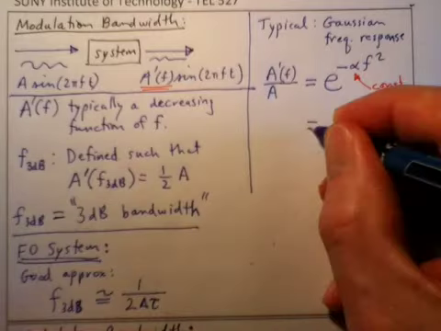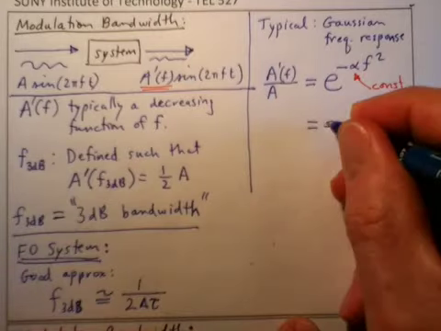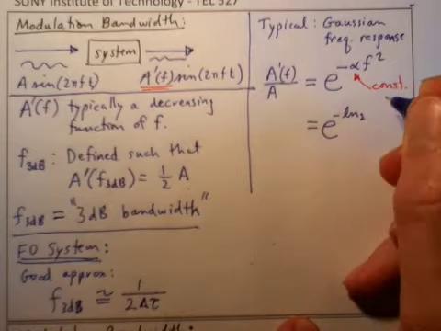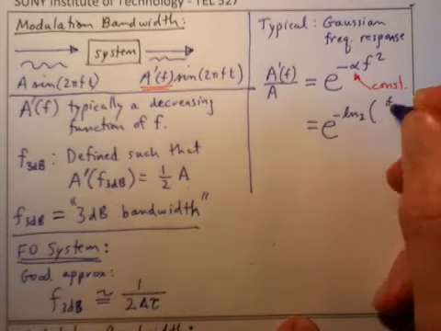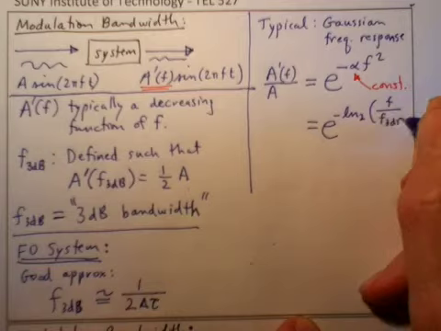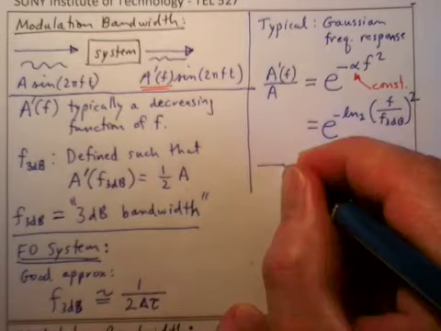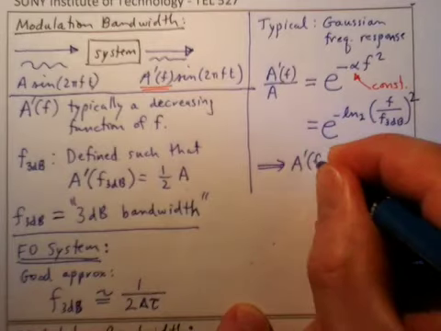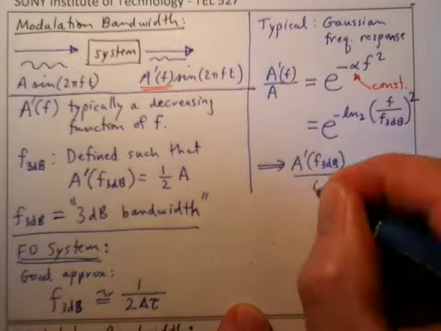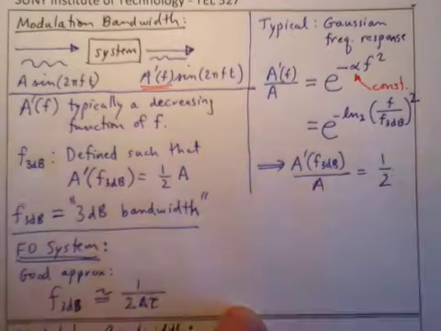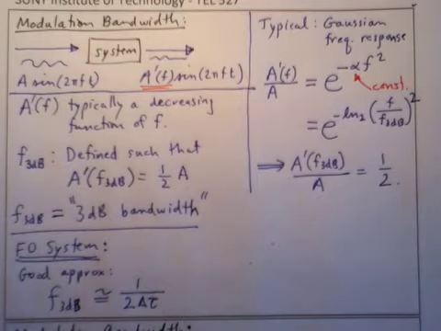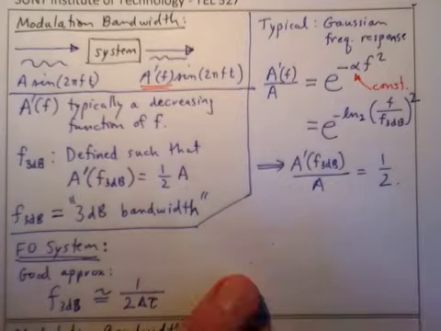And you can recognize this as a Gaussian. Okay, and instead of writing just alpha, we're going to write e to the minus natural log of 2, f over f 3 dB quantity squared. That way we have that A prime of f 3 dB over A really is equal to 1/2. And you can do that calculation. And so that's what we want. What we're going to do is go ahead and convert this. Okay, and so just to show you what this looks like,